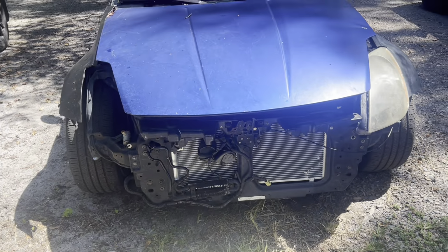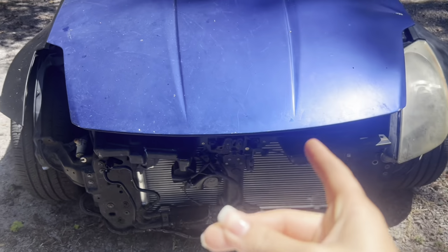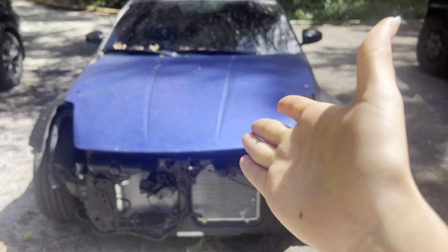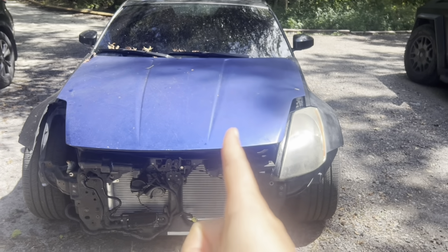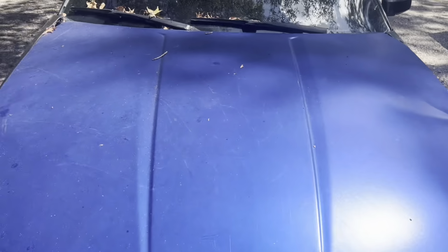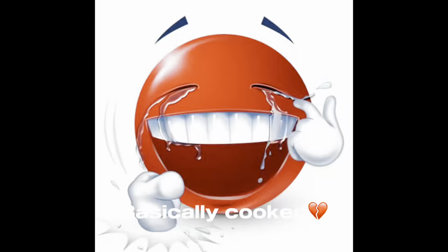So, funny story, I had to tighten the serpentine belt the other day because it was making a bunch of noises, and I did. And I went for a test drive to make sure that it worked. And the hood wasn't secure, so it popped up and I almost broke my windshield, and there's a really big dent in it. It's probably hard to see on camera, but yeah, this hood's basically cooked. So